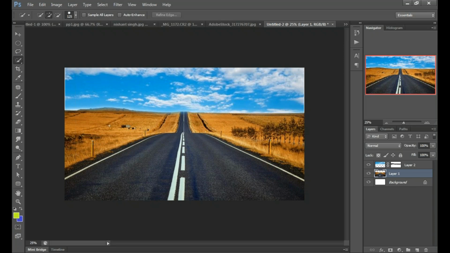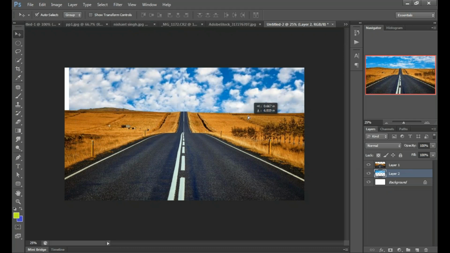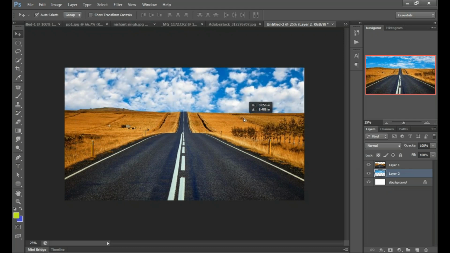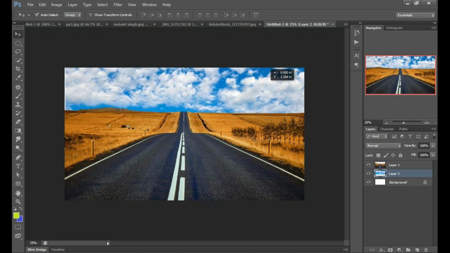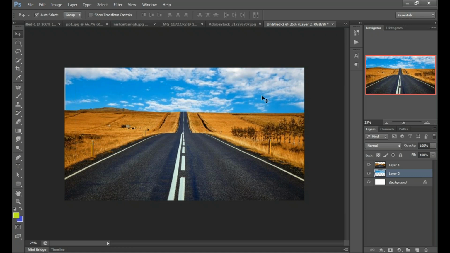And now we are going to replace the position and delete this layer mask. Now you can see, you can adjust your sky from anywhere.